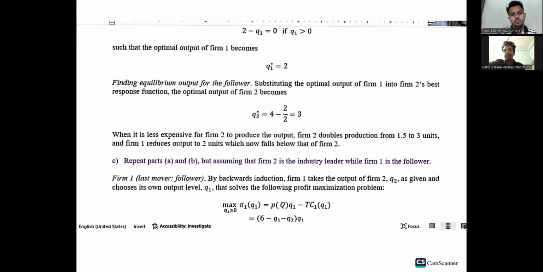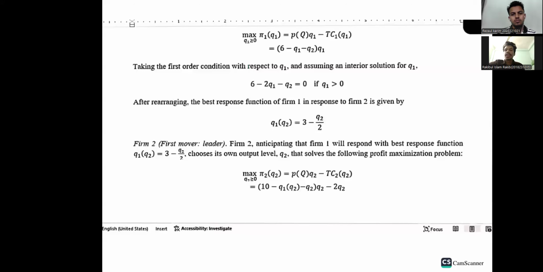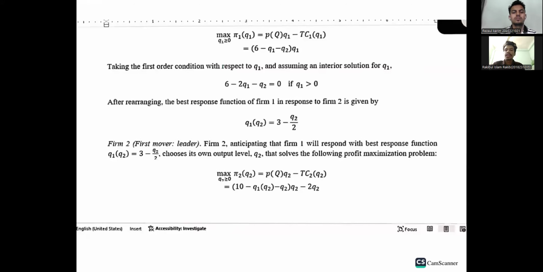As farm 1 is the follower, the profit maximization problem for farm 1 is max pi 1 equal to P Q1 minus total cost. Taking the first order condition with respect to Q1, we can find the best response function of farm